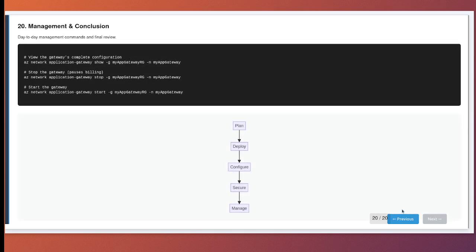Management and conclusion. Our journey has taken us from foundational planning to deploying a secure, intelligent, and resilient application gateway. We've configured listeners, backend pools, advanced HTTP settings, custom health probes, SSL termination, path-based routing, and a web application firewall. For day-to-day management, you have several useful commands. az network application-gateway show will give you a complete JSON output of the gateway's entire configuration, which is invaluable